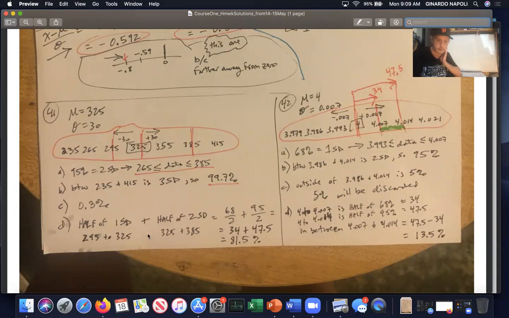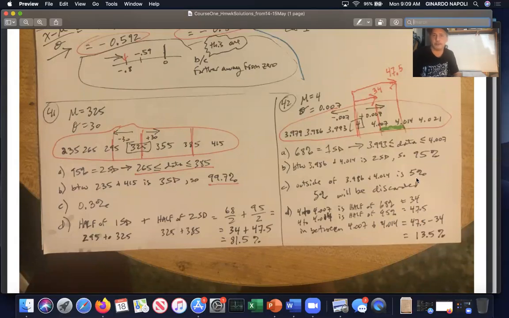And so that's why I wrote this down here. All right, so half of 1 standard deviation, half of 68, half of 2 standard deviations, half of 95. And then that's how you get 81.5%. And the same thing with 42. 42 was a little tricky at the end,